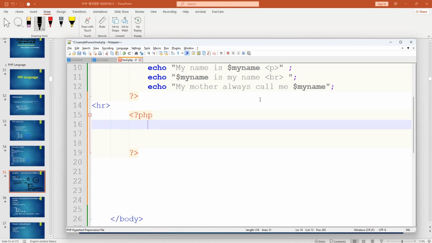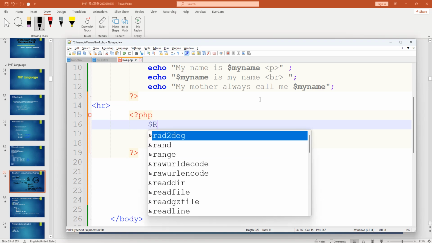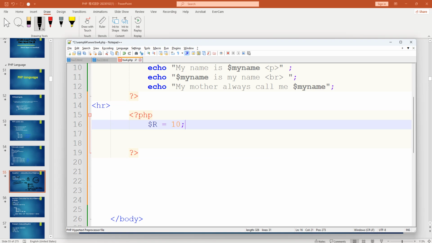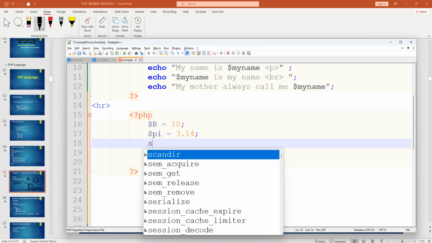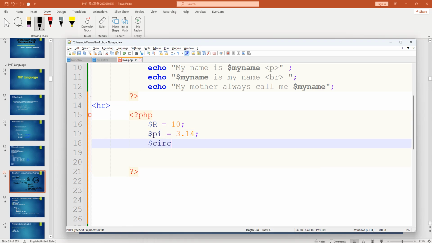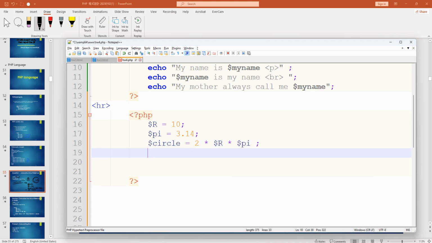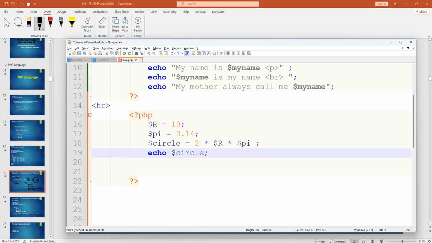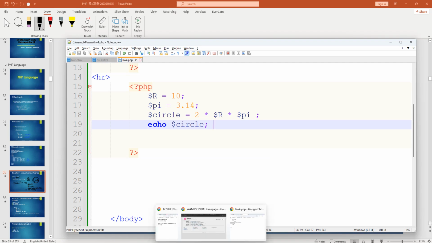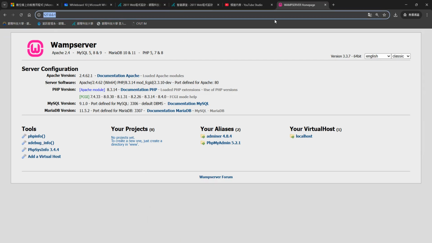So the first one, I need to define a radius 10. Define a pi equals to 3.14. Define a circle, which equals 2 times r times pi. And the answer will be circle, question mark, and semicolon. Got it? So let's go here to